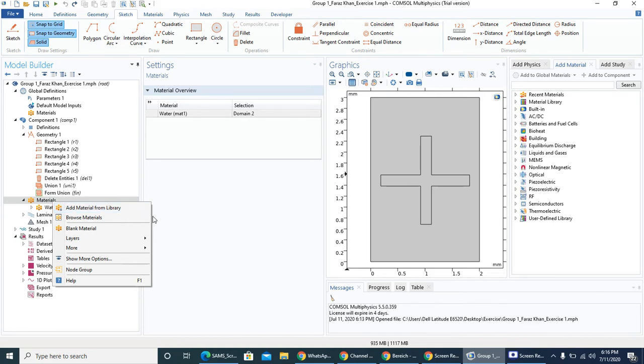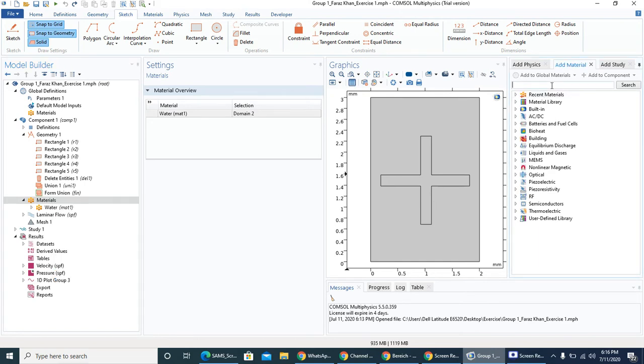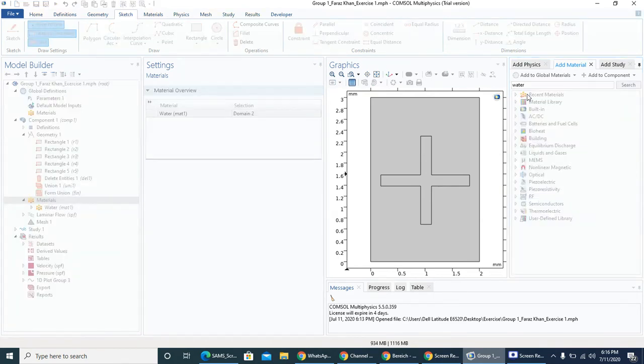Then when you add material from library, you can click on add material from library, and you can see what kind of material you want to add. So you can write water and then search, and it will take some time because this software takes some time,